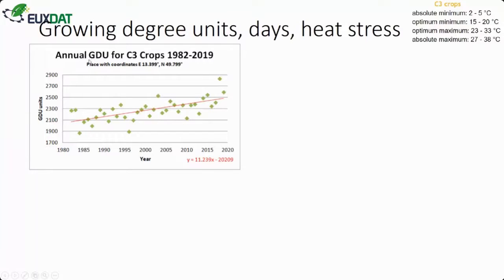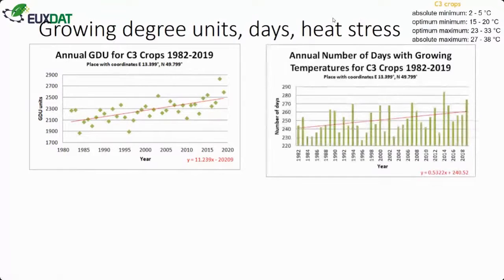And you can see that we talk about GDU and GODU because we are searching for the optimal. You can see the optimal thresholds here as well. So you can see how it looks in the GDU. Generally, if you convert it to growing days, also called GDD,